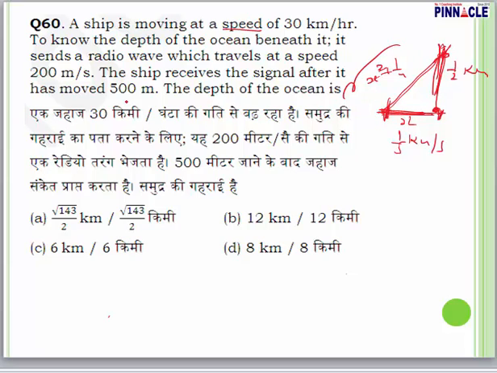Now see further, root 2, if you take total time taken, would be 30 kilometer per hour, and it reaches after 500 meter. So you can say 500 meter would be equal to 30,000 meter. 30,000 meter is equal to 3,600 second, and 500 meter would be equal to, so you can say 3,000